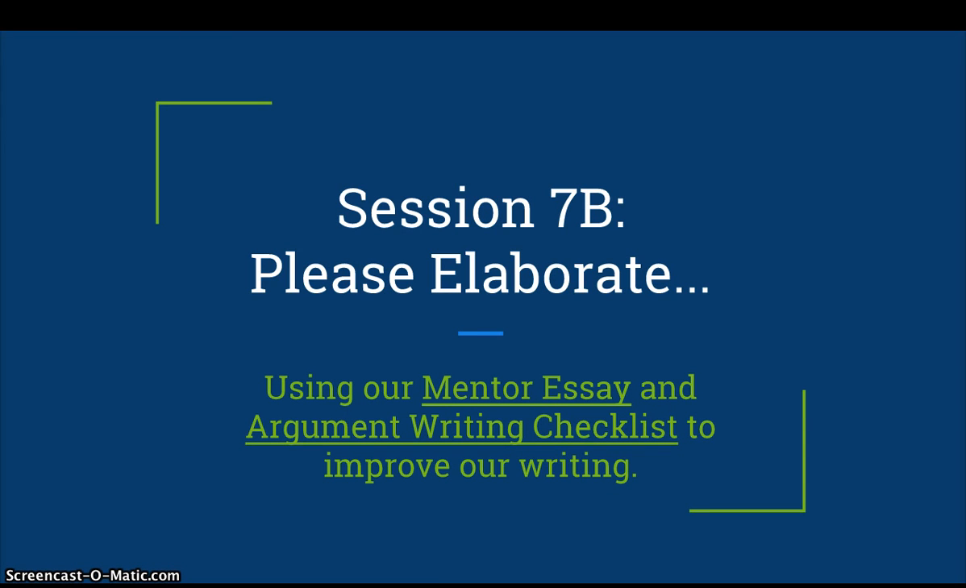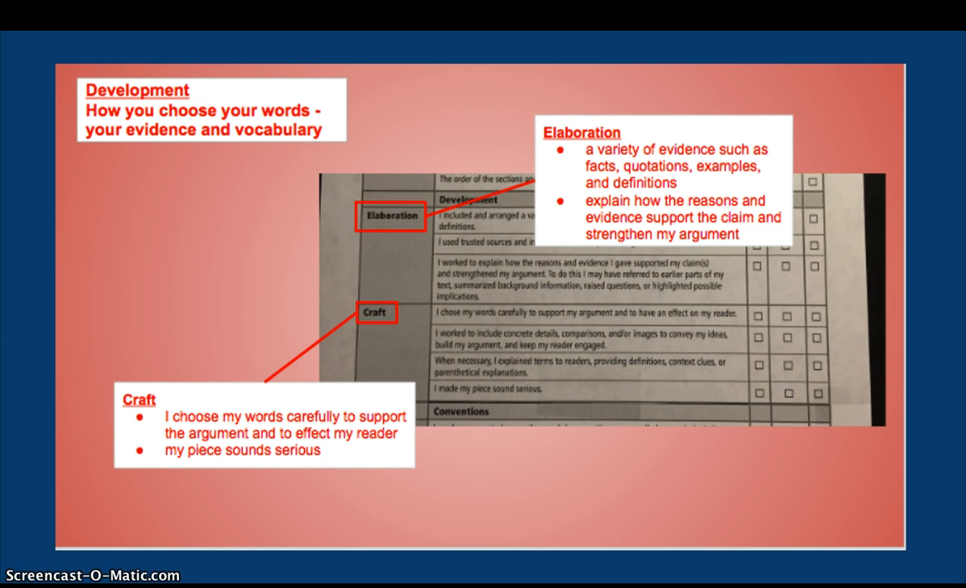Alrighty, let's do session 7B. Please elaborate, using our mentor essay and argument writing checklist to improve our writing. Remember in session 6C when we talked about the writing checklist? One of the categories was about development of your ideas, with a subcategory of elaboration. Elaboration means to give more information, more explanation, the addition of more detail to your writing. For our case, though, we're going to focus on elaboration as explaining how the reasons and evidence support the claim